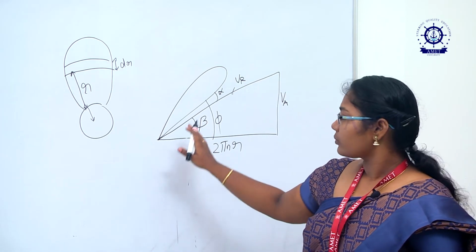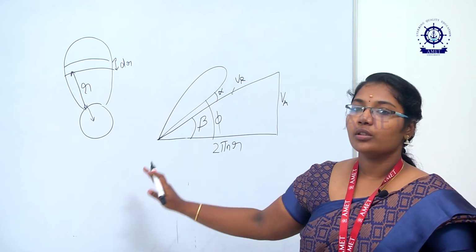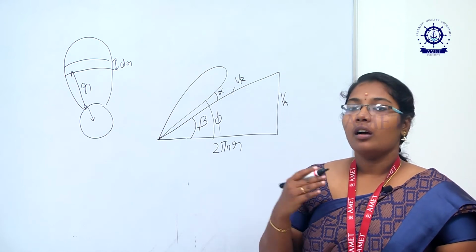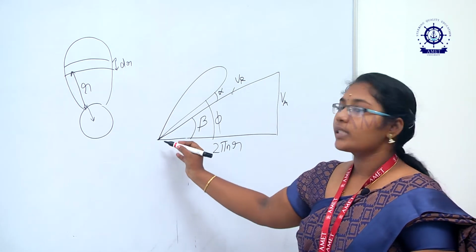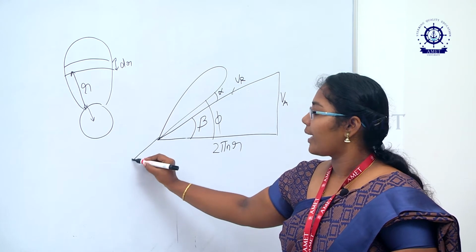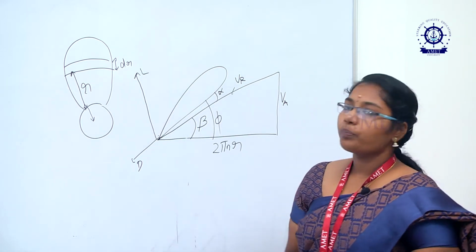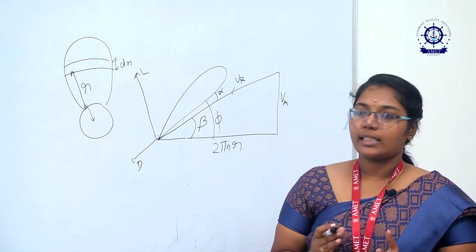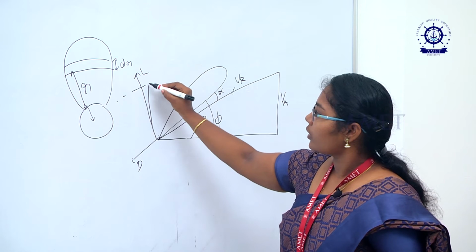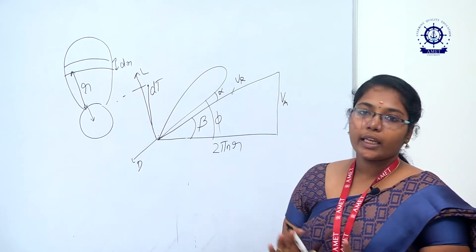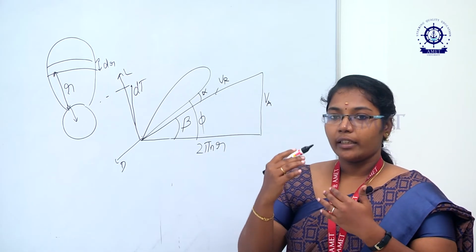This we are getting without induced velocity. Since we are having two velocities, the resultant force, the lift, will be generated perpendicular to the foil and the drag will be generated in the direction of the flow, which is the opposing force. So, you will get a drag here and you will get a lift in a perpendicular direction. The lift force is the thrust. So, you will be getting the resultant thrust here.